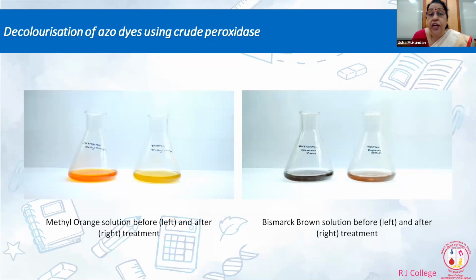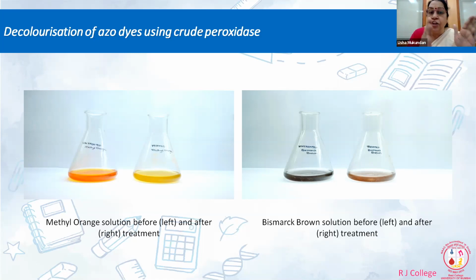Now, what type of industrial application does it have? If you remember, the moment a chemical company throws its wastewater, immediately, if it is colored, people start screaming that water has become green in color, water has become blue in color, or water has become orange in color. So it raises a red flag, and environmentally it causes toxicity issues. So you want a system for decolorization of these dyes.